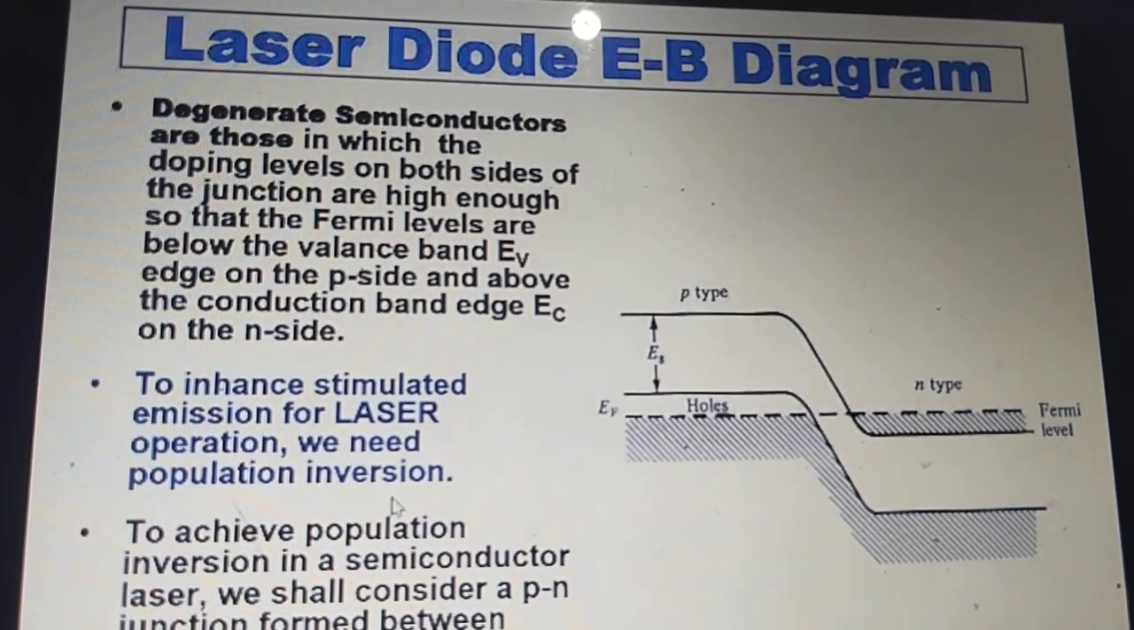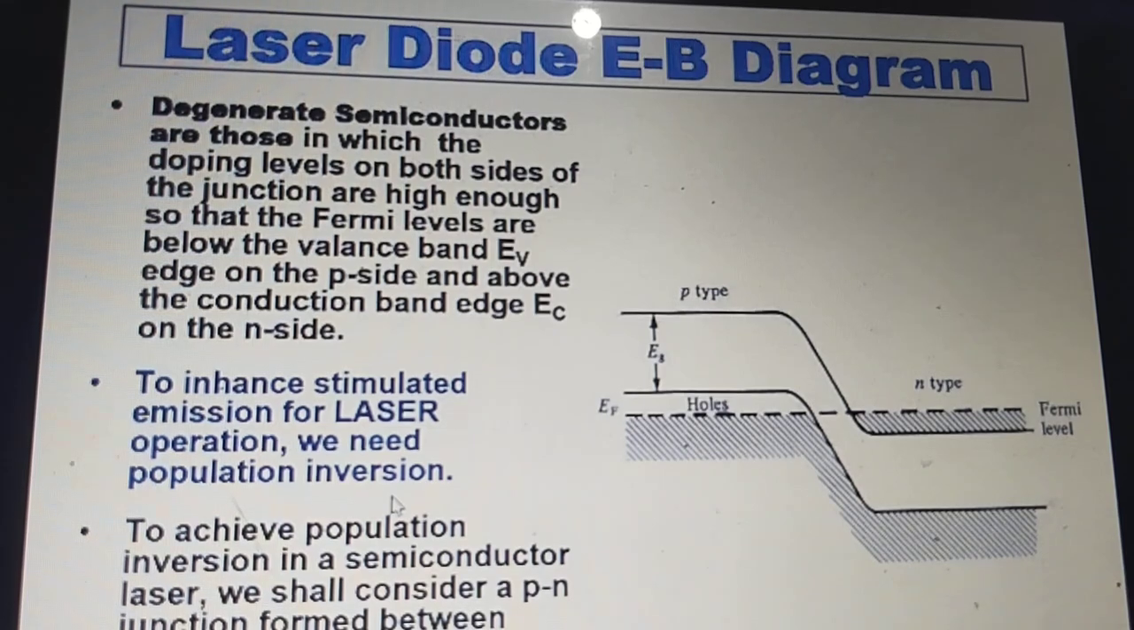in a semiconductor laser, we shall consider a PN junction formed between degenerate semiconductors. If you have a PN junction which is formed by degenerate semiconductors, your number of charge carriers in the